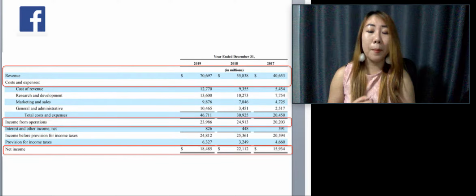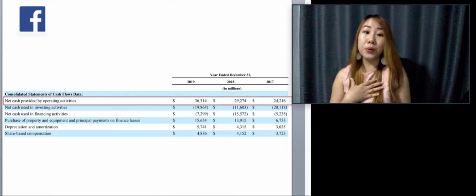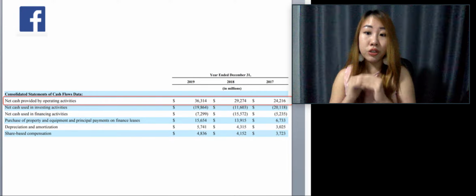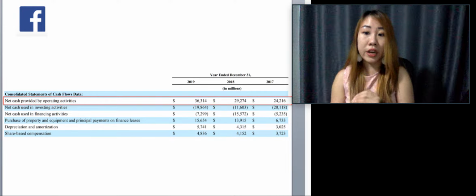The next portion, let's look at the cash flow statements of Facebook. In Facebook's cash flow statement, you can see I would usually zoom straight into the net cash that is being generated from the operating activities, because that is the heart and blood of the company, right? Financing and investing usually are the second and third priority for me. So over here, I can see that they're generating great net cash from their operations, and that's something that I'm really happy